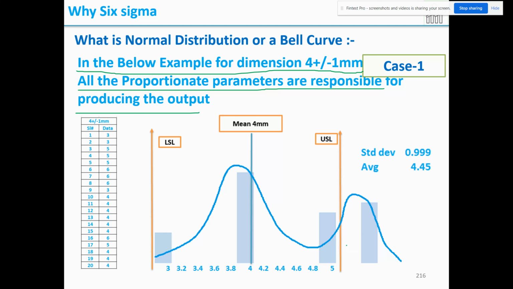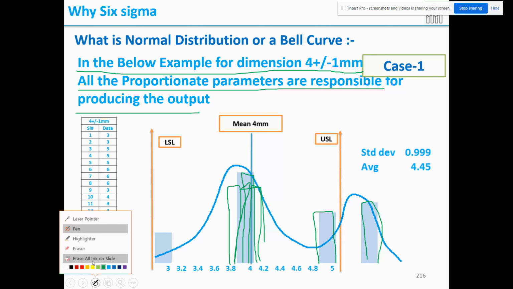See here, some parts are producing 4. That means some parameters are causing it to produce 4 mm. Some are producing 5, so there is another parameter which is the reason to produce 5. We need to align this to 4, correct? Then some are producing 6, more than the USL. It means some parameter is responsible for producing this, that we need to align and change the spec to create 4. Then some are producing 3. Then make that produce 4.